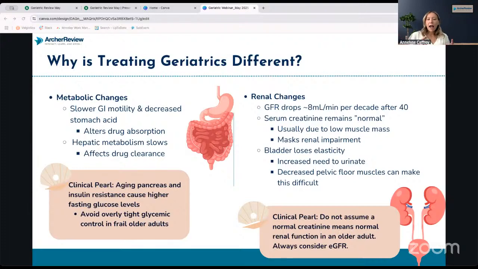They also have higher fasting glucose levels, just because the pancreas, just like everything else in the body, starts to age. So with that, the body doesn't bounce back as fast from like highs or lows from glucose. So we really try to keep them at a steady level, and we kind of loosen up the reins there for glycemic control, because they're at higher risk since they have that blunted